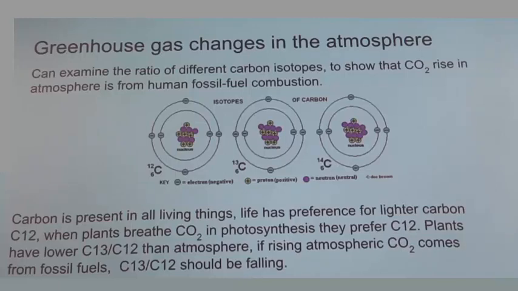And what is that, you say there's a preference for C12? Is it mostly C12, or is it like 2%, or more? I'm not an expert in plant biology or this area, but there are people who are experts in this area, and photosynthesis preferentially takes up CO2 that is in the lighter isotope of CO2.